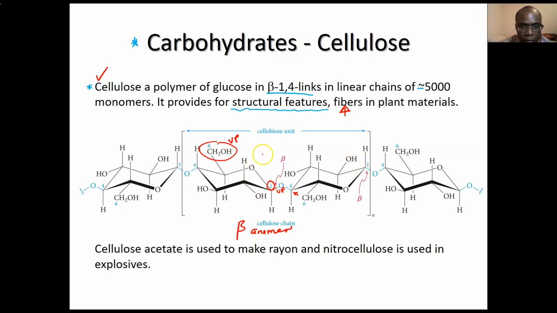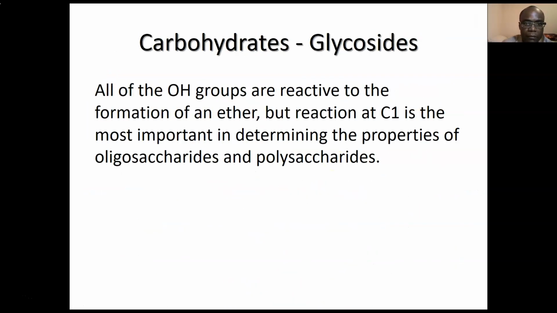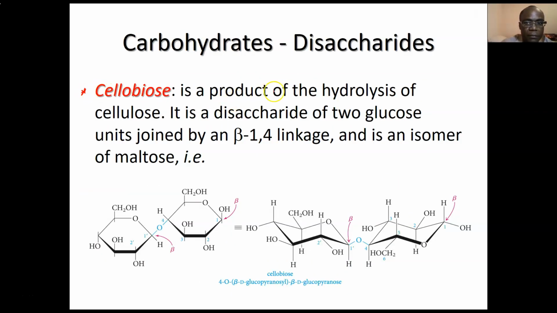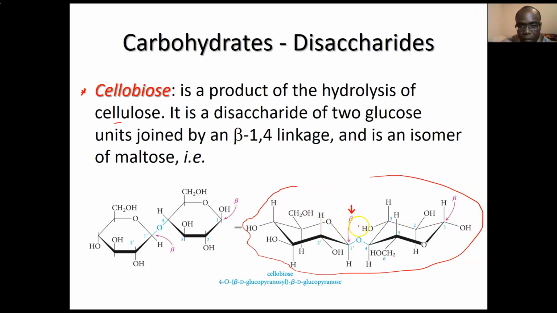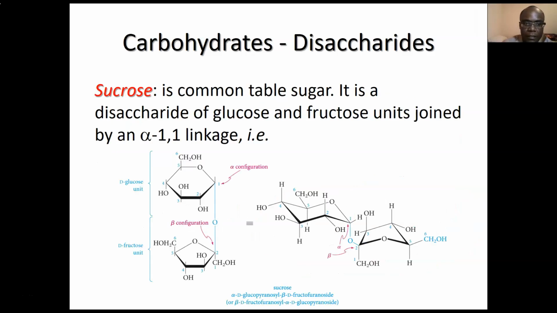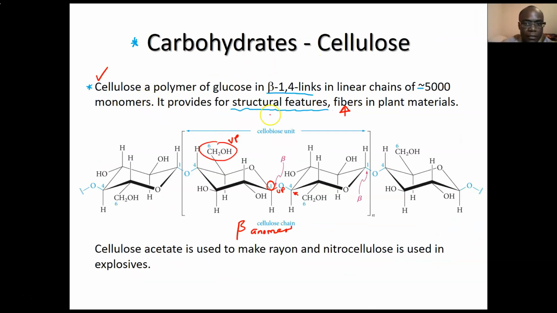So you have the cellobiose unit, and we talked about this unit before. Let's see, where is it? Here is the cellobiose. It's a product of hydrolysis of cellulose, and this is the unit looking at the chair. Remember again, you have the beta stereochemistry at the anomeric carbon. So you'll expect cellulose to contain cellobiose. See, the names are similar. Going back to our slide, cellulose contains the cellobiose unit with beta linkage of the two